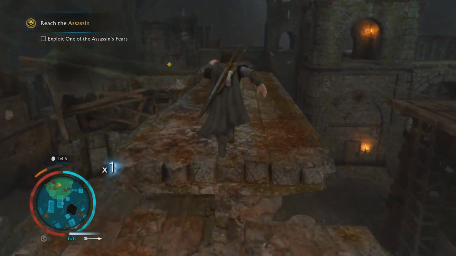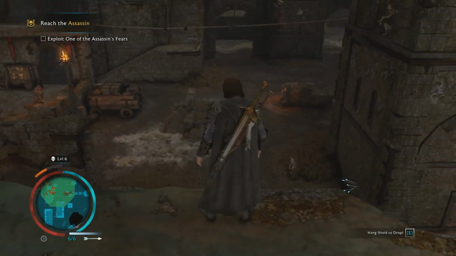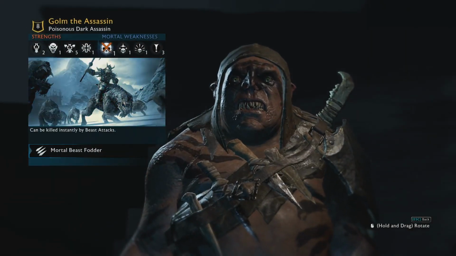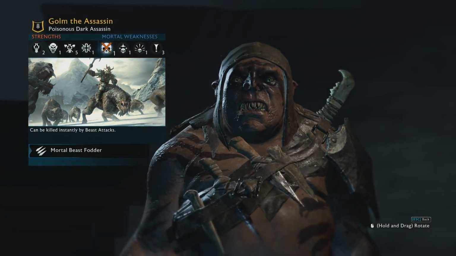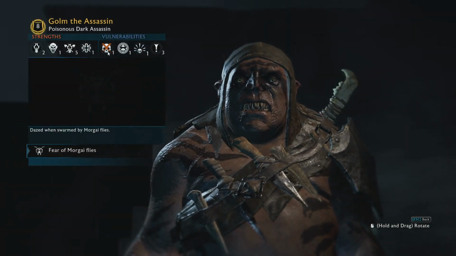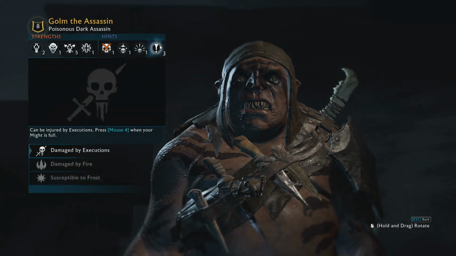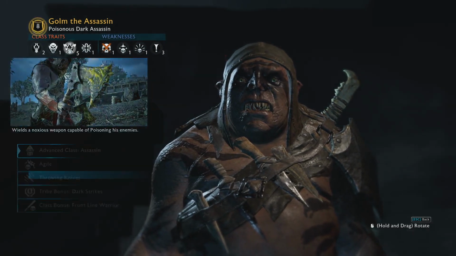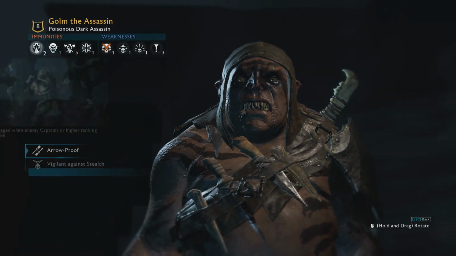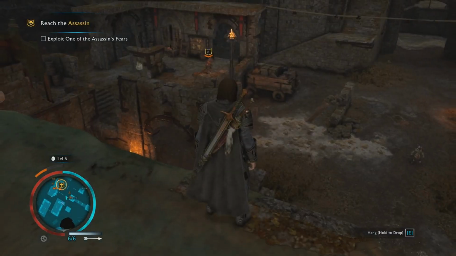Exploit one of the assassin's fears, you say? If only we knew what they were. Also, he could basically be instantly killed if I had a Caragor around. And could we ride Caragors? We can ride Caragors. All the skills are to shadow mount them before they're critically low in health and things like that. So we would either have to get above a Caragor and jump on it, or get it to low health and then,